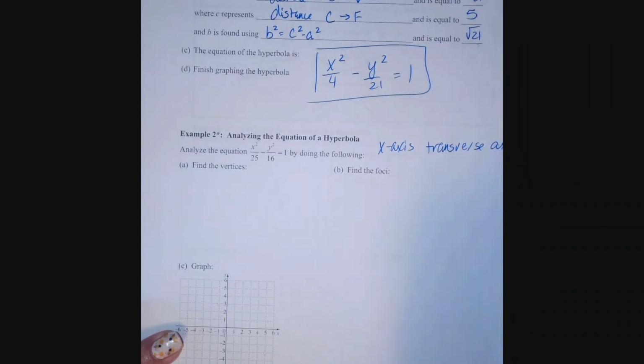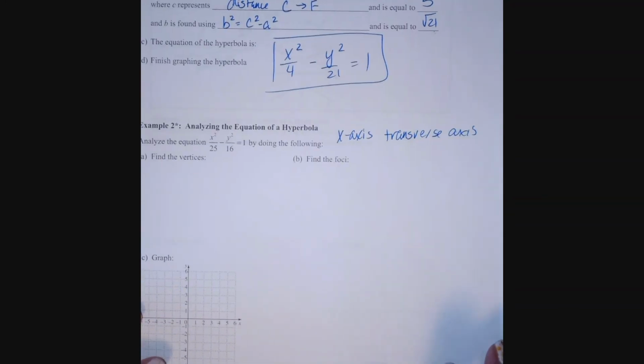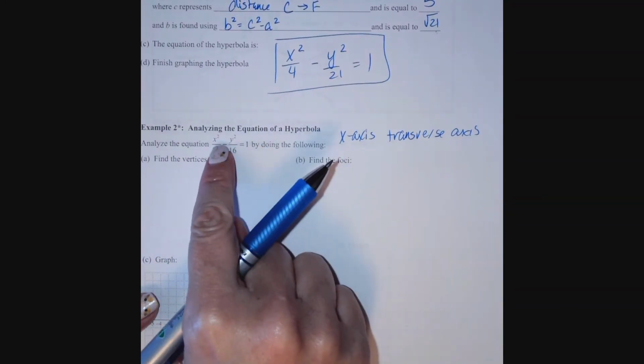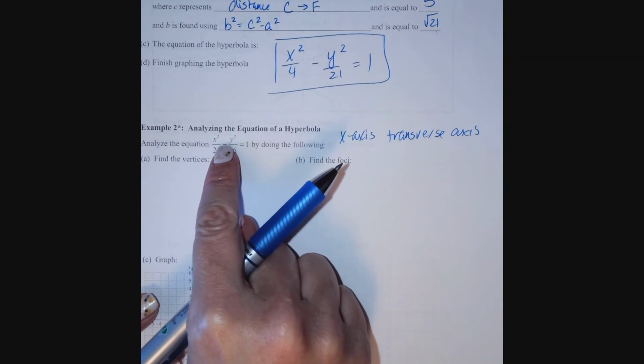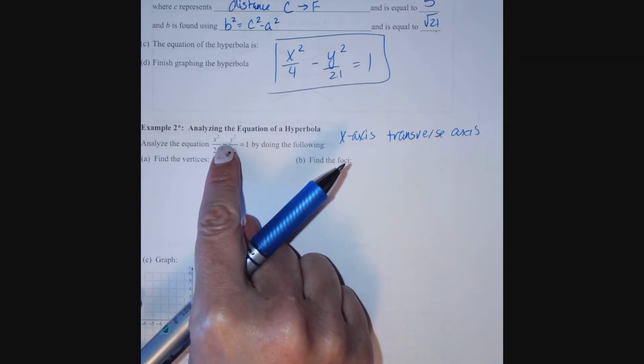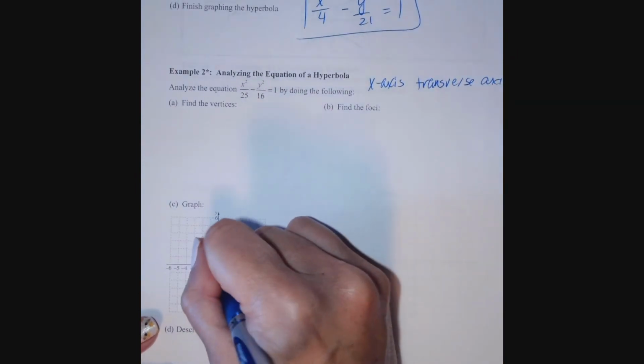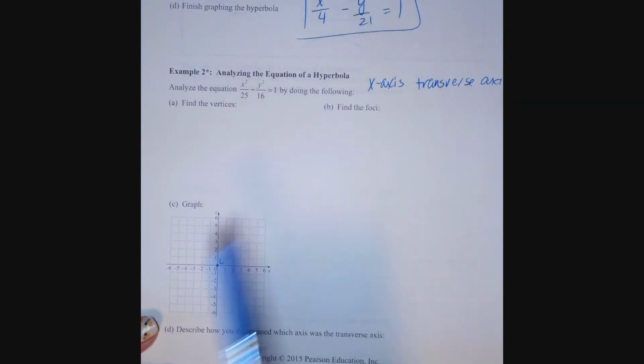So it is going to contain the foci, the vertices, as well as the center. We also know that since I'm not shifted from the origin, my center is at the origin. So I could go ahead and stick that on my graph. Center is the origin, and since the x-axis is the transverse axis, I know that my points are going to lie